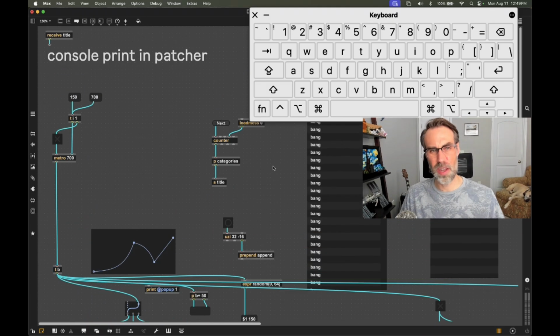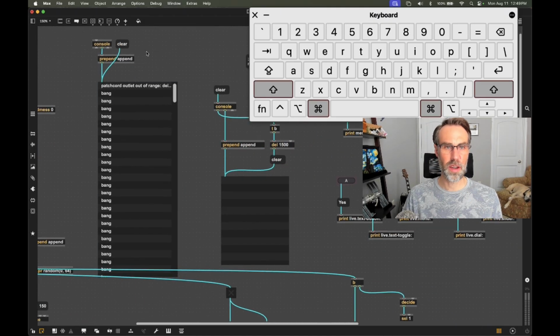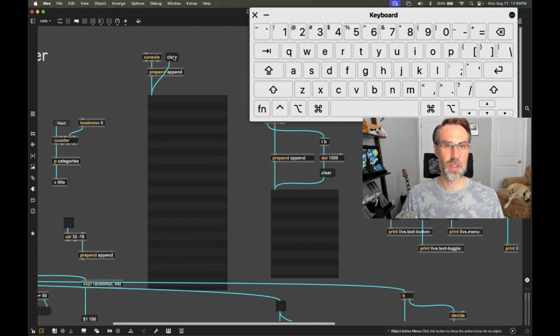You can have the console in your patch. You don't have to have the inspector open to be able to see what the console is outputting. The middle outlet of this console object actually spits out what is going into the console. So if I have, let me just